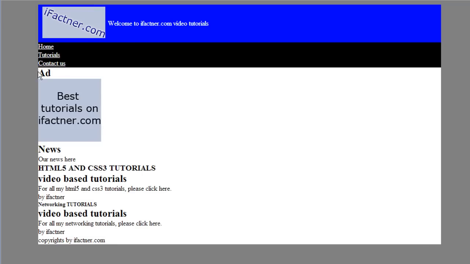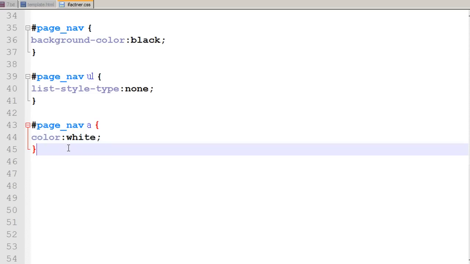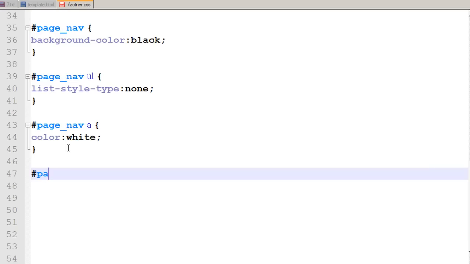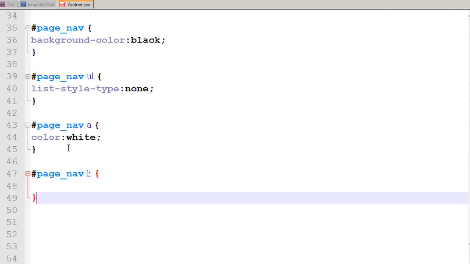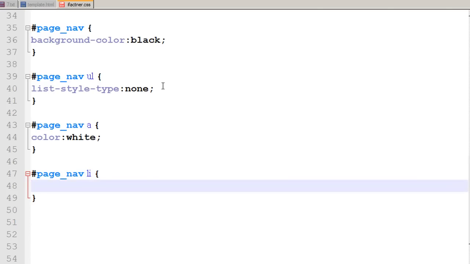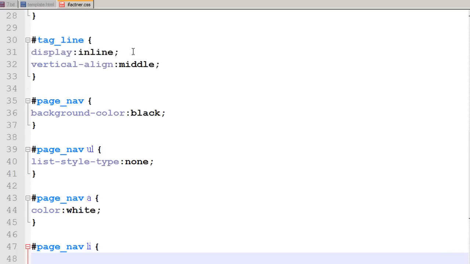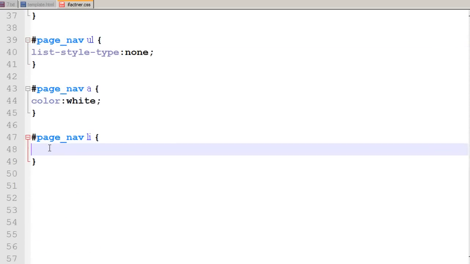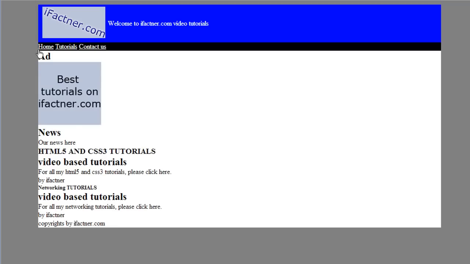But I want these links to be inline and not in a block format. So I go to my page and tell it to select page underscore nav list items, the bulleted list items, 3 items, and the display should not be in the block format, but in inline format. And I save it, go to my page, refresh it, and now see that our links are in the inline format,